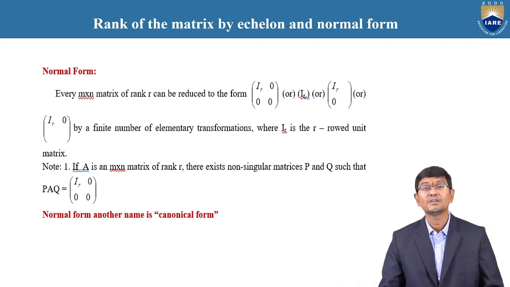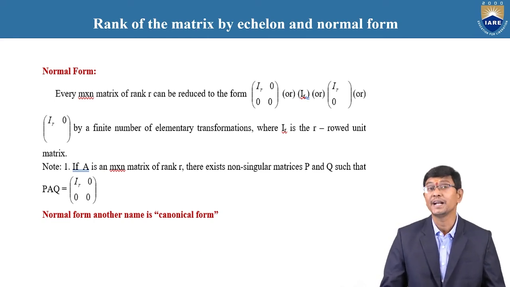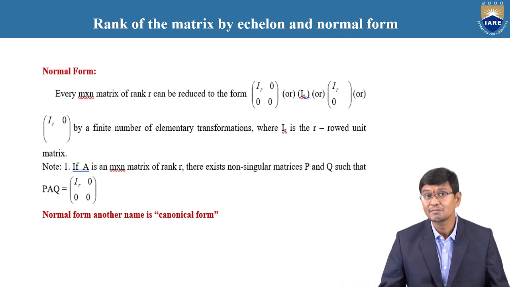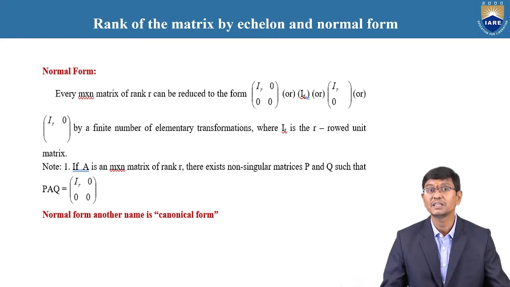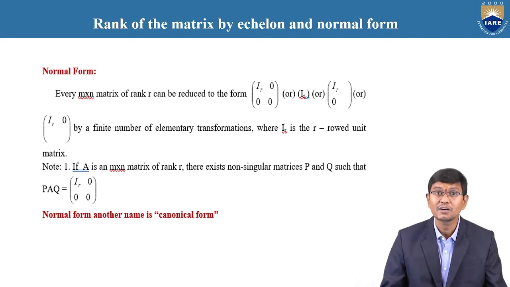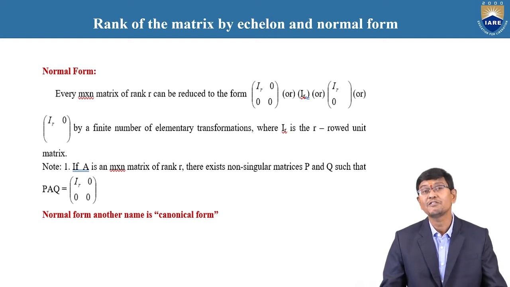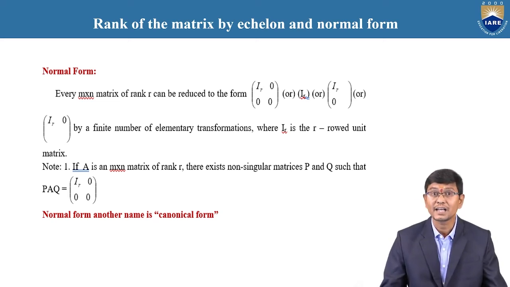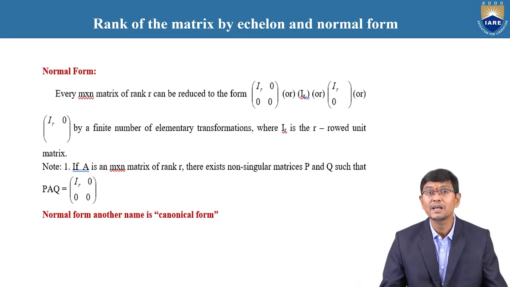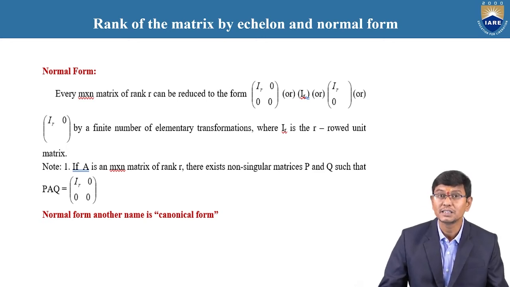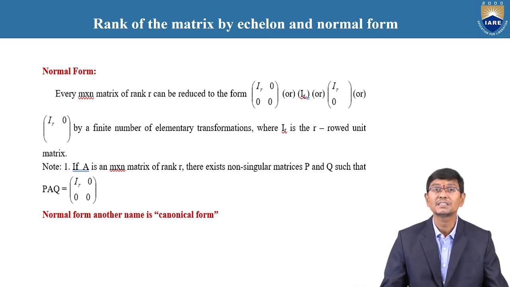Now, we need to discuss the normal form of a matrix. What we discussed just now was the echelon form of a matrix, using only row operations, where by using the conditions we identify the rank of the matrix. Now we discuss the normal form of a matrix. The concept of the normal form is also to find the rank of a matrix, but here we apply the row operations as well as the column operations, whereas in the echelon form we used only row operations.